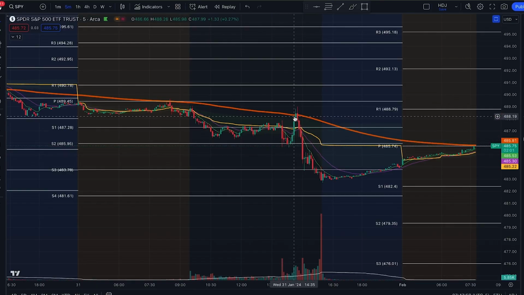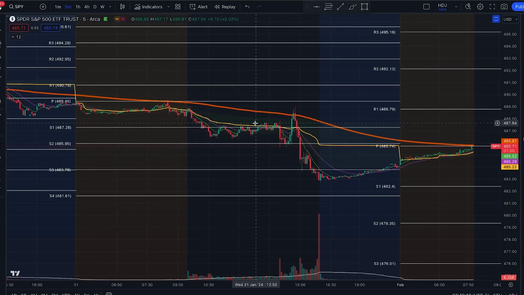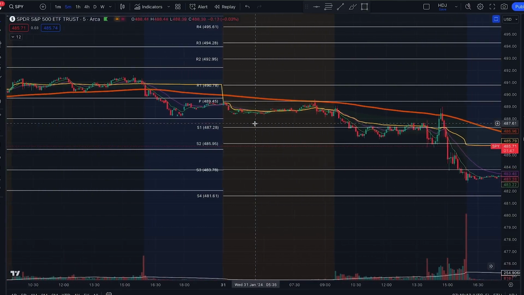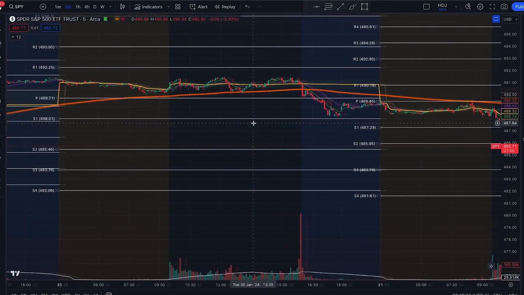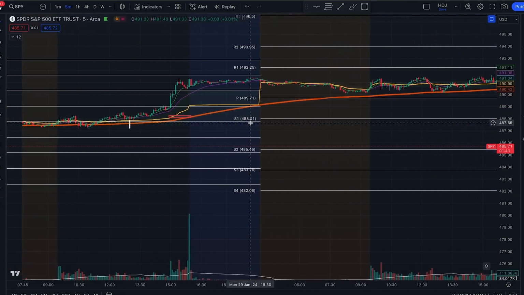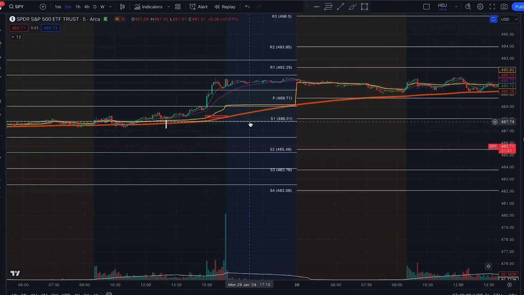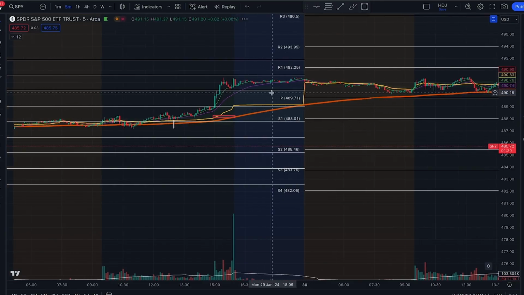back to the upside. So pivots can give you an idea of where something may reject and head back down, or where you may get a bounce back to the upside. So it's always good to just be aware of the pivot points each day. And we'll go back a little bit. But again, every day is not going to be something that you're going to put a lot of weight into, but every day you need to be aware of the pivot points in the price range. Okay, so